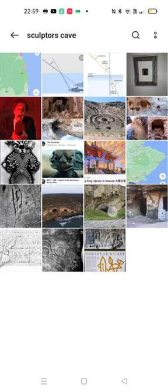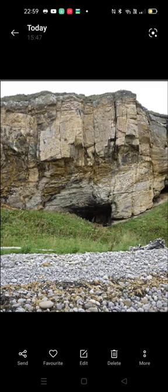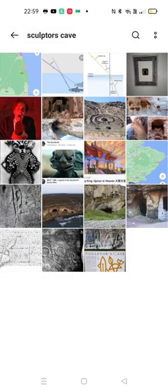Now, further than that, I don't actually have a picture of Robin Hood's Bay. So,